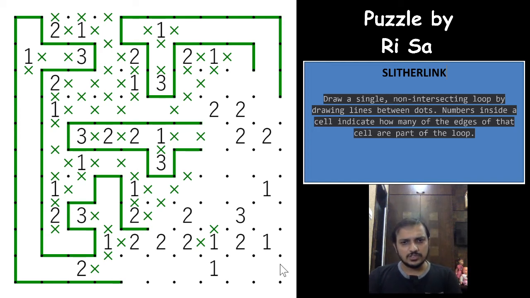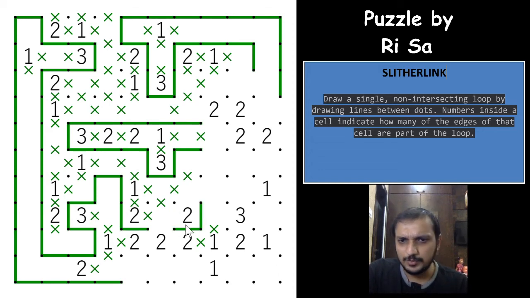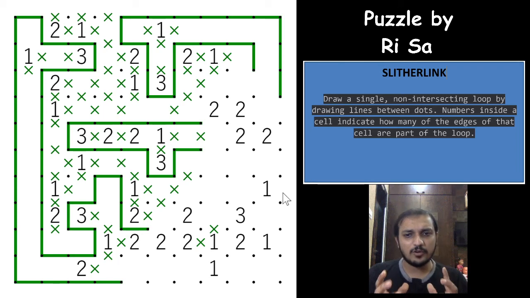Again a beautiful logic. I think this is one of the tougher ones. This is really difficult to see, but I can say that for this two now, either this or this will be done, right? And if you see now, you have whatever be the case, a diagonal line. Just imagine a diagonal line between these two, right? You'll have three loop segments inside this area, and one of the loop segments will always have to go out. You cannot have an odd number of loop segments, right?